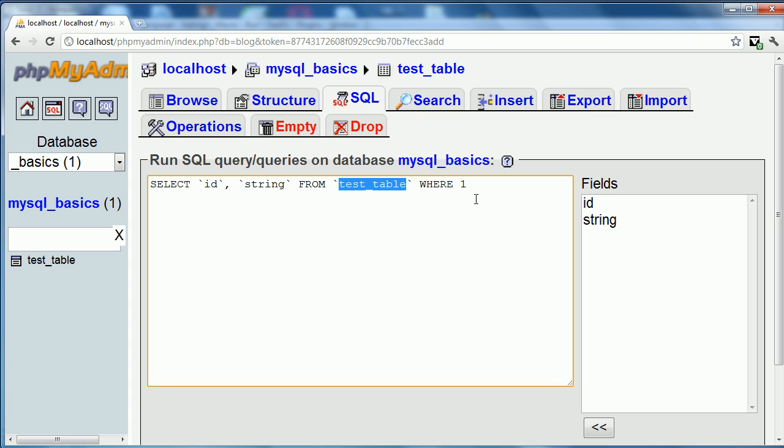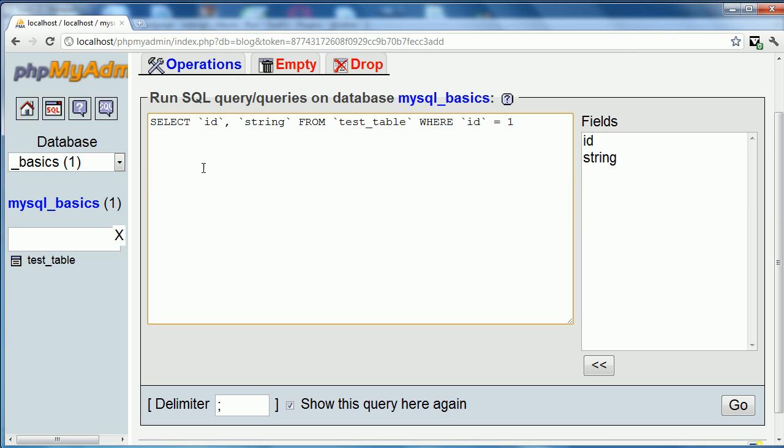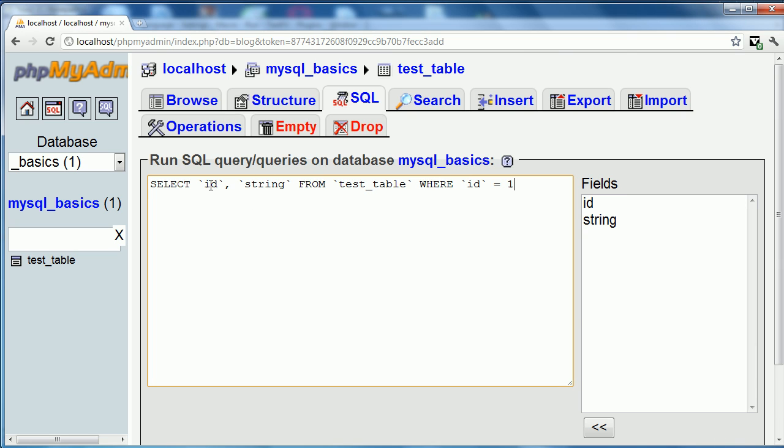The new portion here is this where clause. Although it's not necessary, it is an optional clause. Where essentially allows you to give it a parameter that it checks, and it only selects rows that meet that parameter. So for instance, you could say where ID is equal to 1. And this will select all of the ID and the string from test table where the ID is equal to